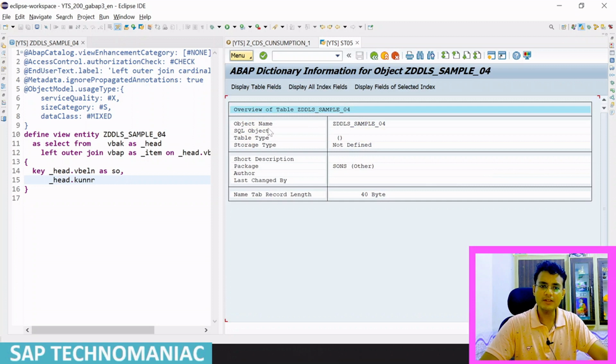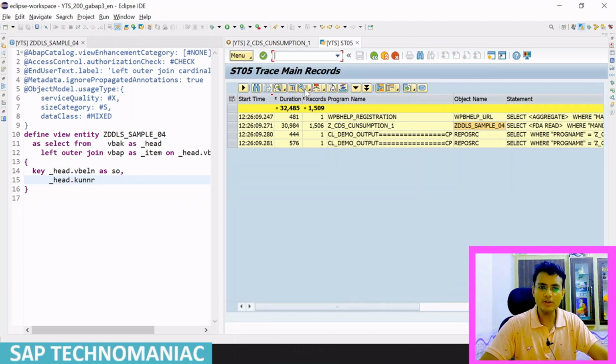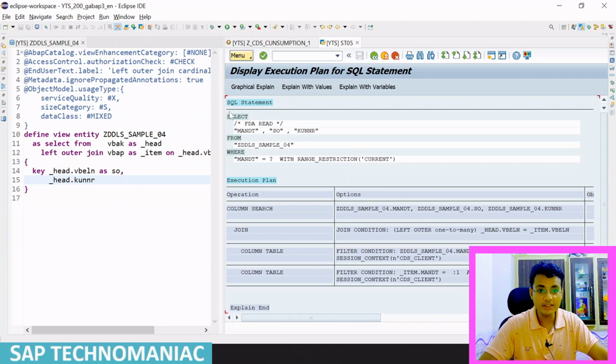So this will show you all the object names, but I don't want to see this one. I want to see the execution plan. So you just have to hit the execution plan. As soon as you hit the execution plan, you will see the native query. As you can see, since we have used the left outer join on the VBAK and VBAP table,